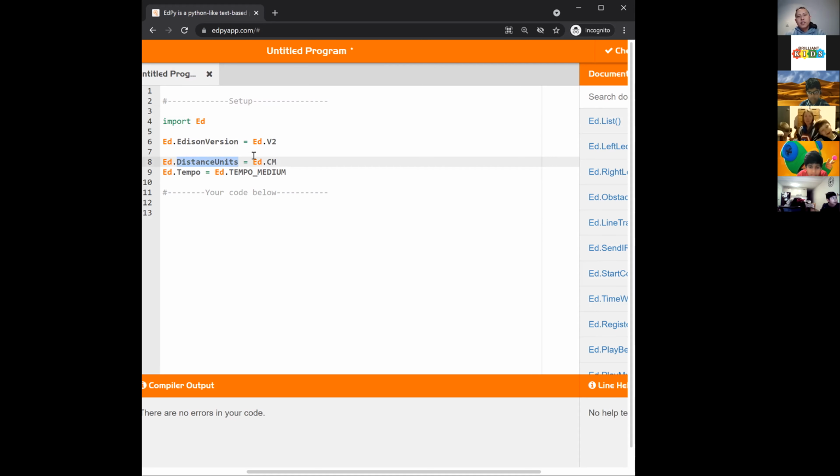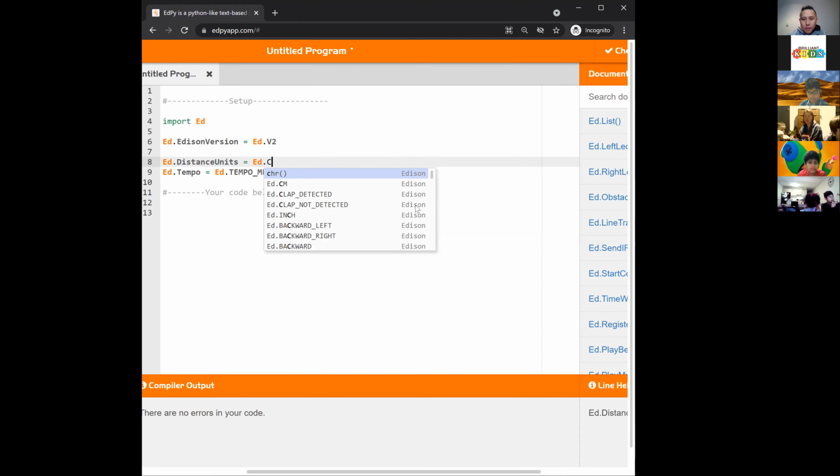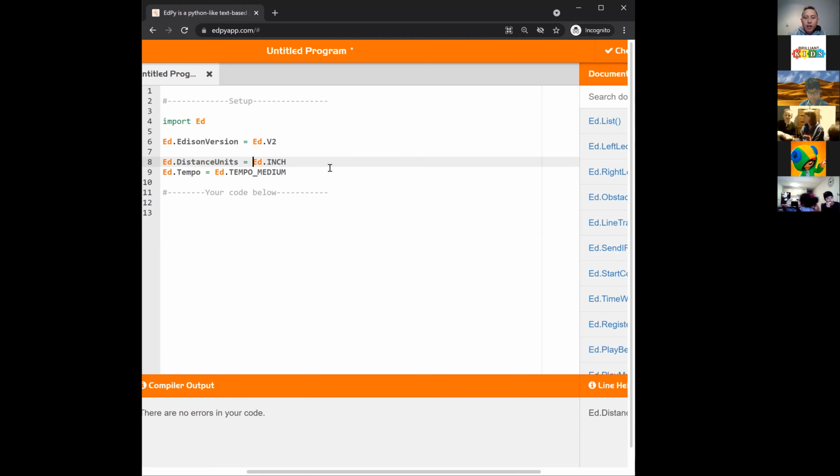It's like settings, so you have the settings of what you can use. There's a distance unit. We're going to use centimeters, but there are also other options, like inch if you're in America, but we're going to use centimeters for the time being.